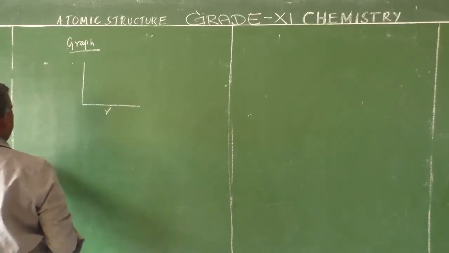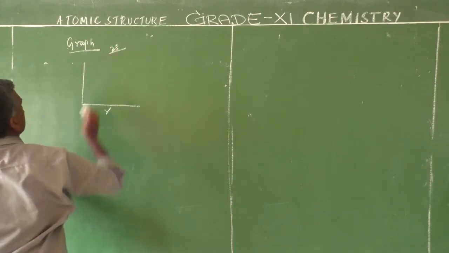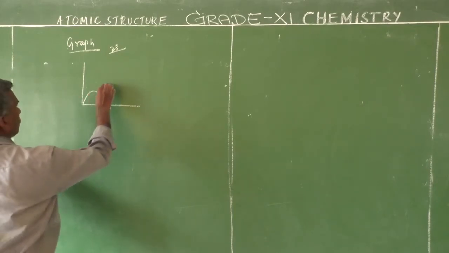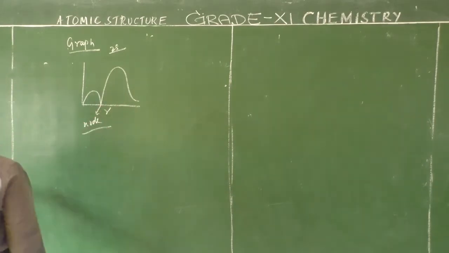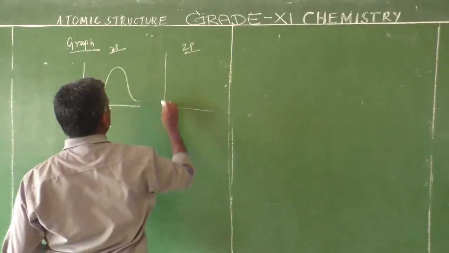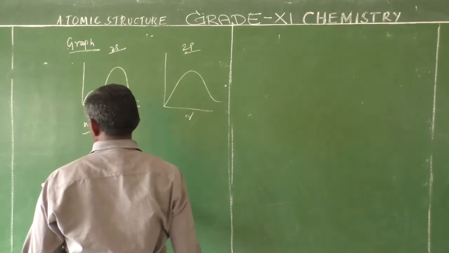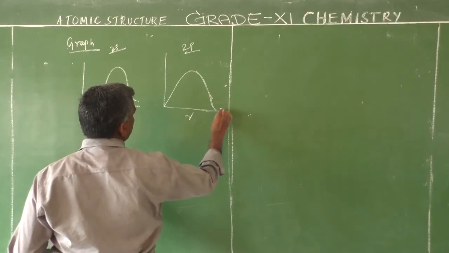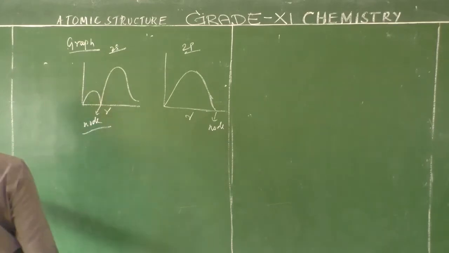This is a radial property R. Wave function. Now 2s orbital. This is a node. This is a node. 2s orbital diagram, node. 2p orbital diagram. R. This is a node. This is a node. Problem of finding electrons. Here, finding electrons.